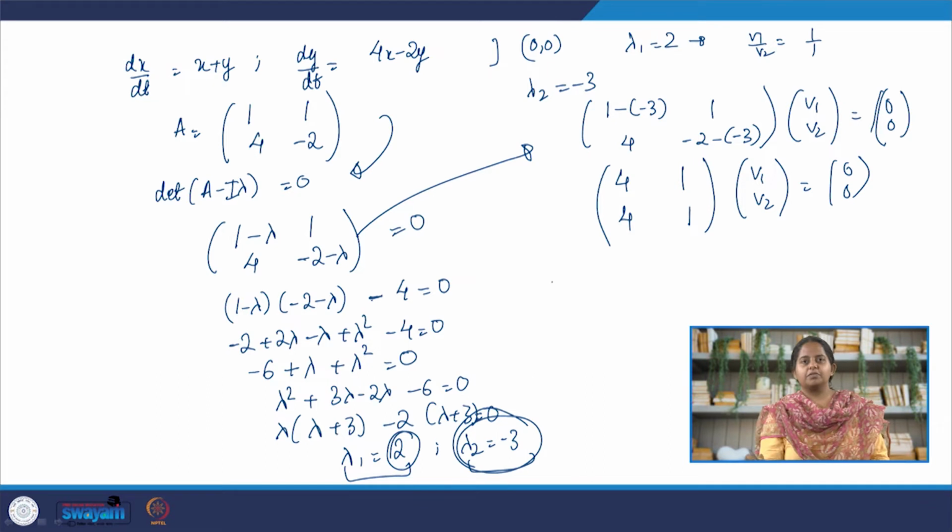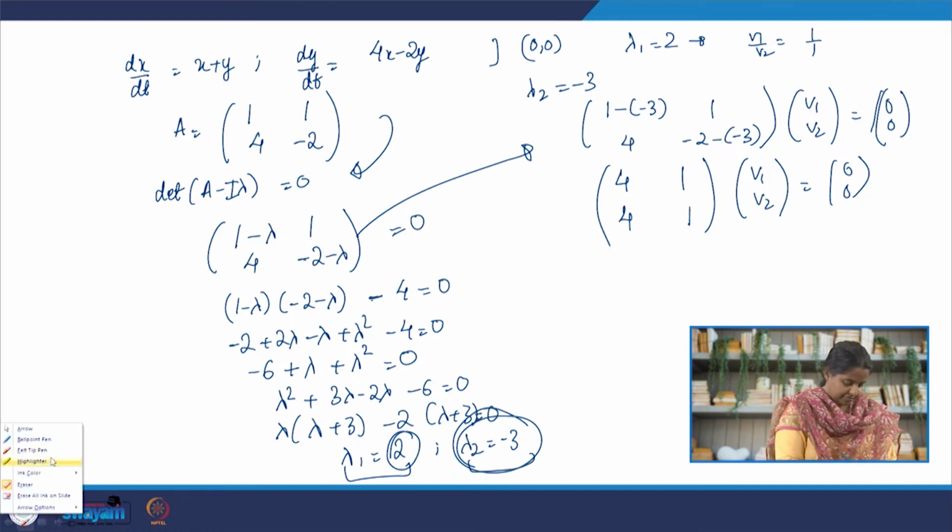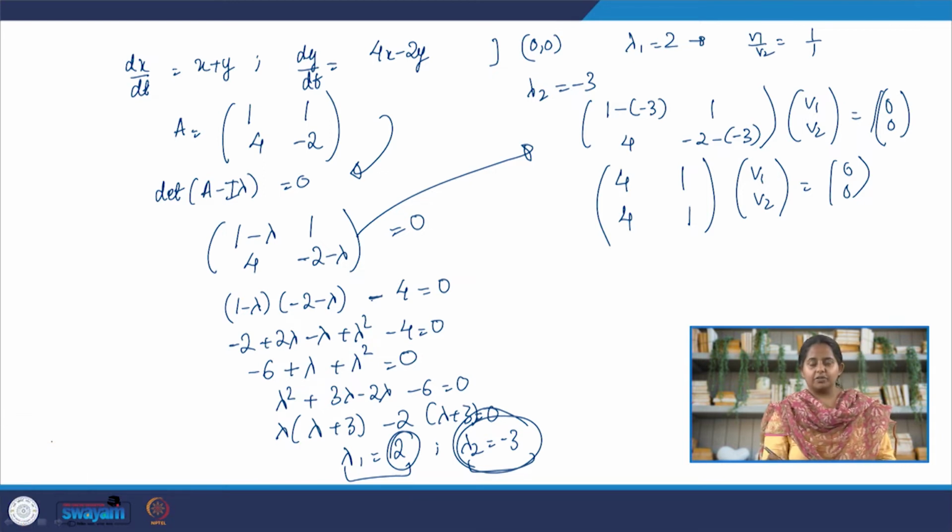Again, the system is going to give us a non-trivial solution where 4V1 plus V2 will be equal to 0. So, basically V1 by V2 is equal to -1 by 4. So, these are our two non-trivial eigenvectors. Now, let us